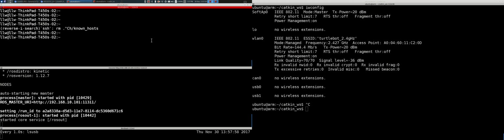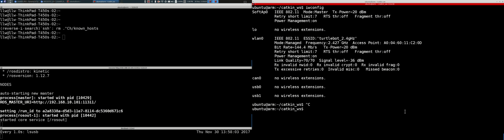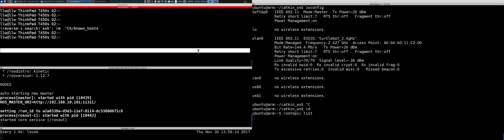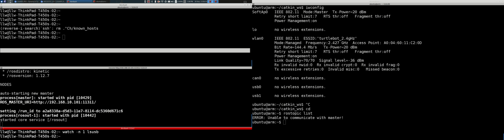Back on my PC is on the left. If I type over here, on my BeagleBone, if I say ROS topic list, the most common errors that you see are just getting the environment variables not right. But if I have a ROS core running on this machine,